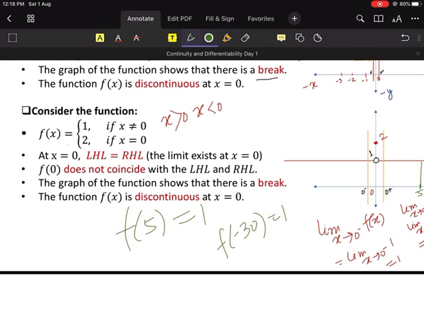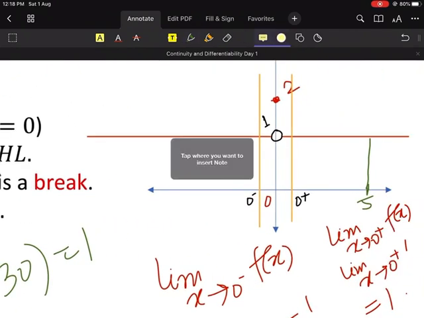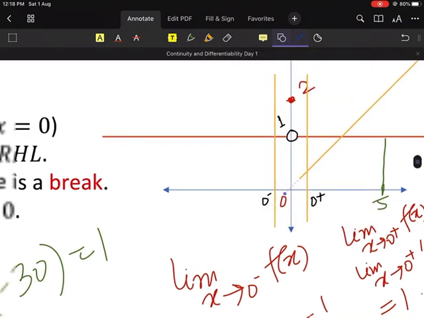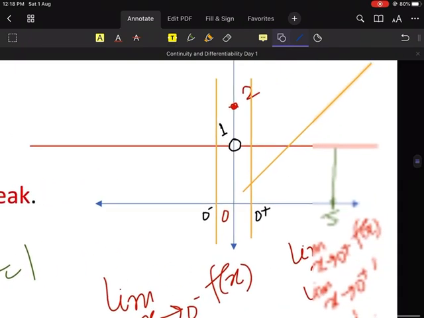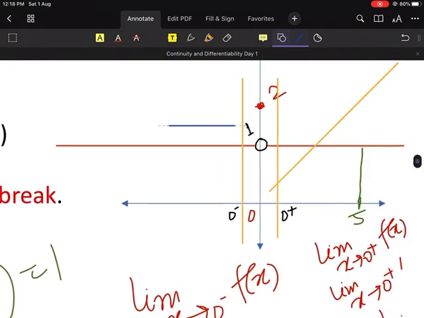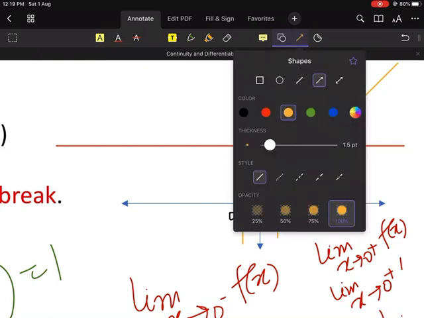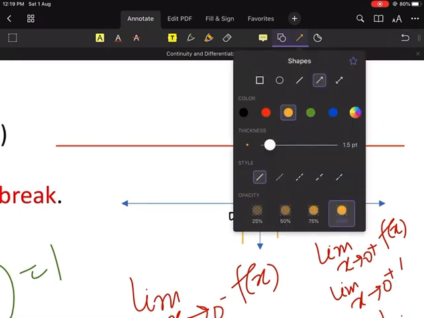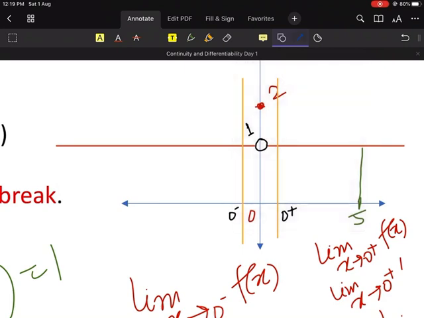Now tell me, f of 0 does not coincide with LHL and RHL. What does it mean? It means this is our LHL, right? LHL is approaching 0 minus. This is our RHL. Wait a second, I will draw nicely. Sorry guys. Look,